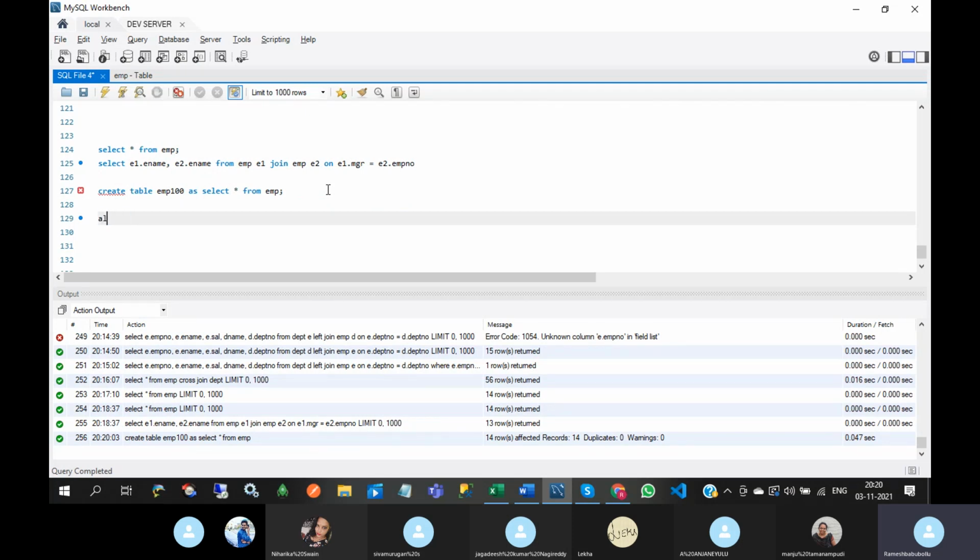So I want to add a column to this table. Alter table add column DNAME varchar of 50.